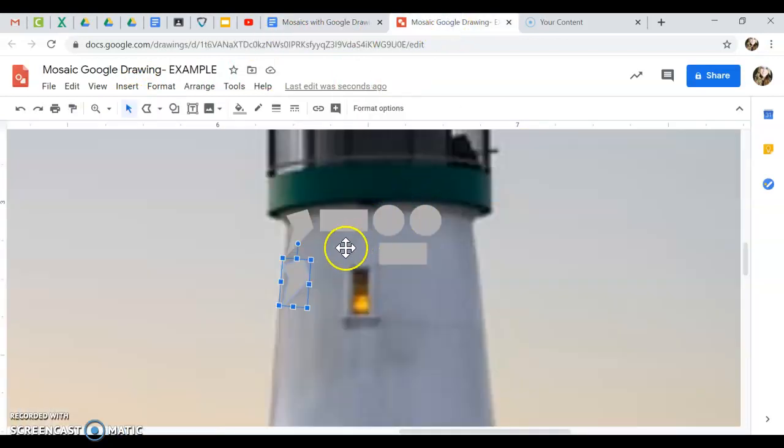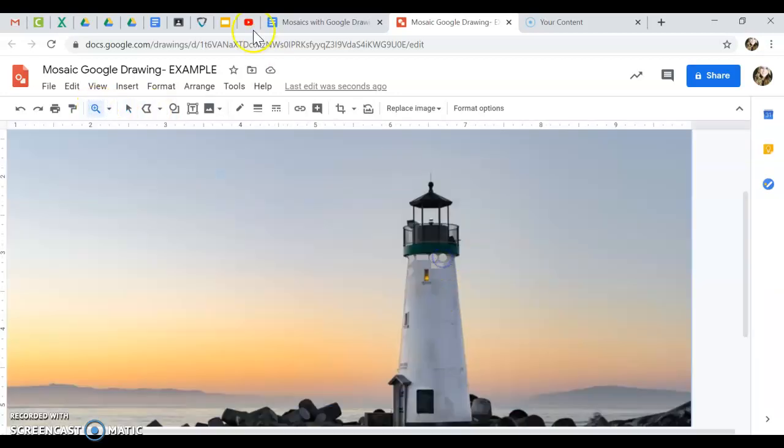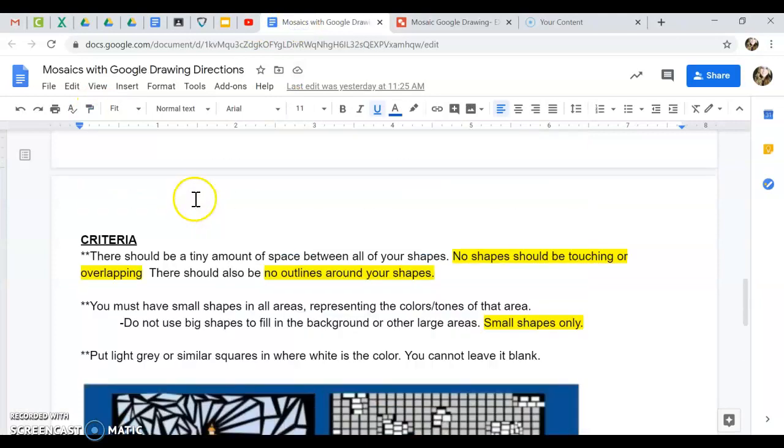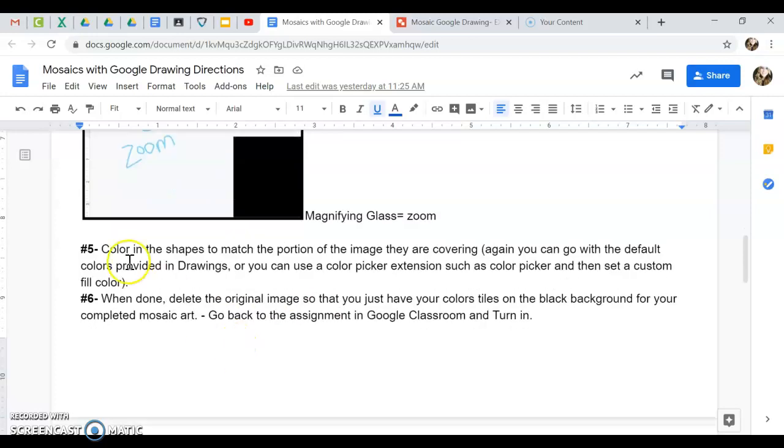All right. Now, if we want to see what we've done so far, we can go back to fit, and you can see where we have added those shapes, okay? Now, you want to make sure that, looking back at these directions, we want to color in the shapes to match the portion of the image they are covering. You can create your own color with the custom fill color, or use one that has already